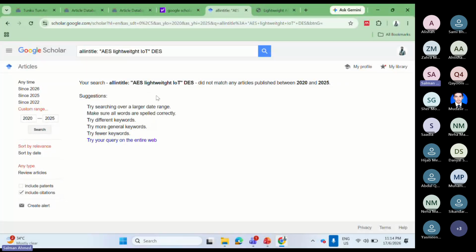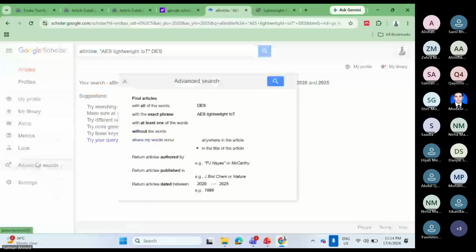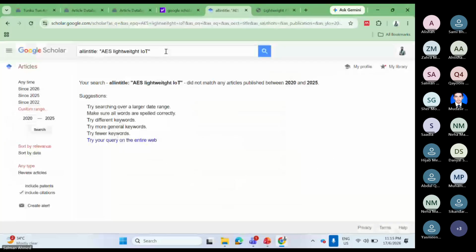Now here it is saying that for the research area I'm focusing on, AES in lightweight IoT, it does not focus on that, whereas it is talking about the DES. So here we go again. I remove the DES here. Oh, sorry, wrong spelling.